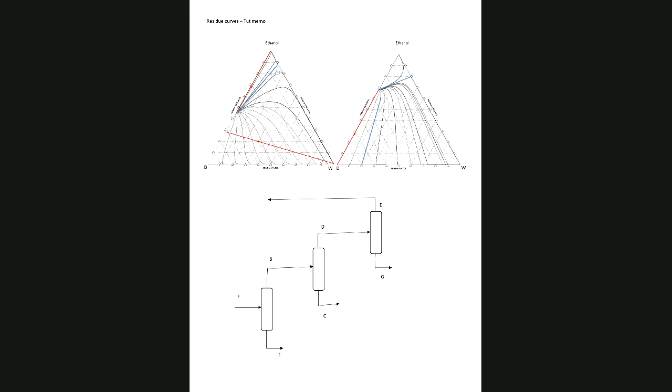If we look at the top here, it's not very clear that this residue curve is actually going towards ethanol. But if you go to the 1000 kPa graph, you can see that the residue curve certainly goes upwards towards ethanol. So you can assume that there is an azeotrope that occurs between